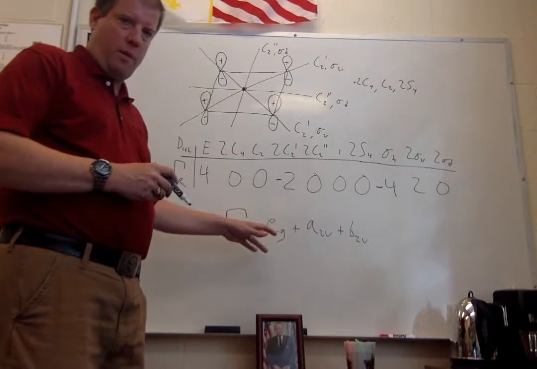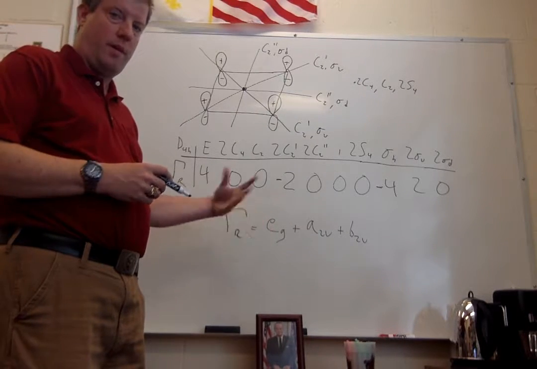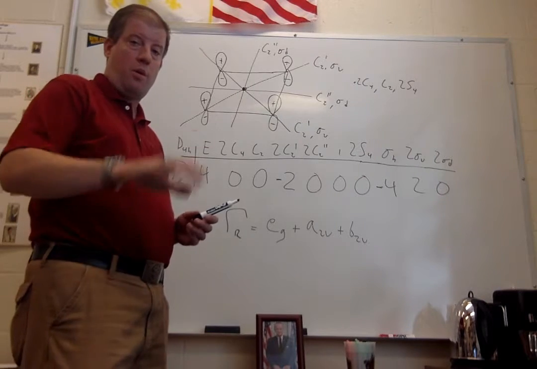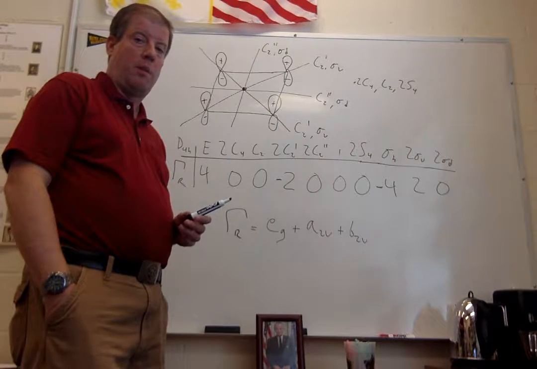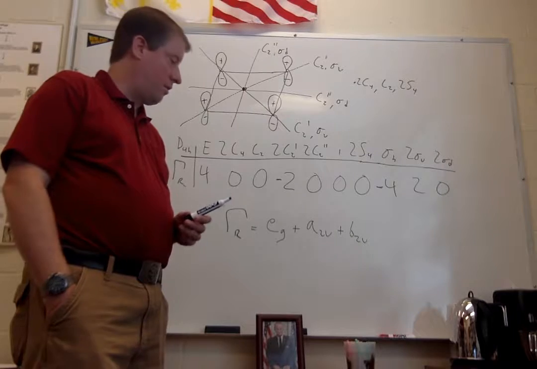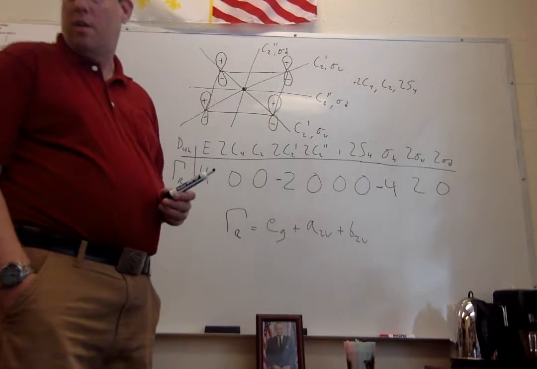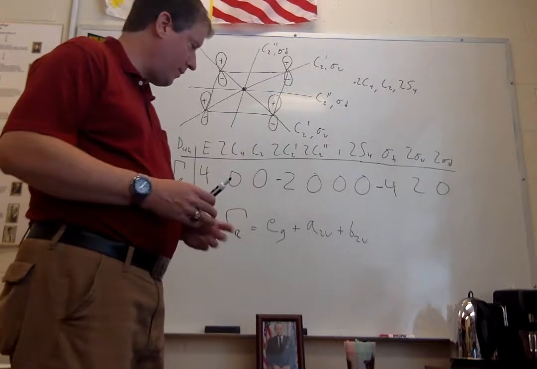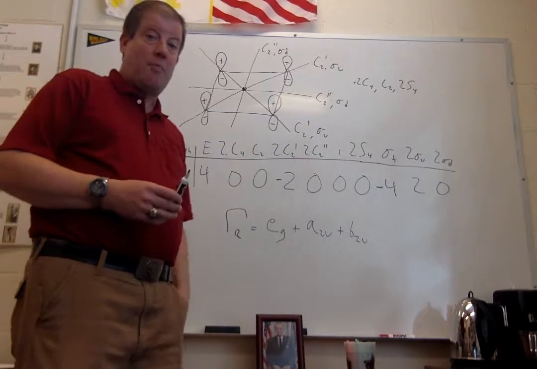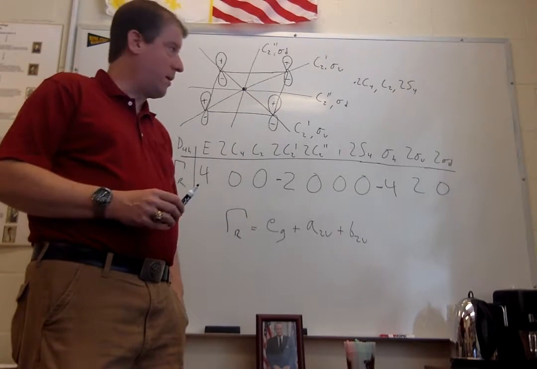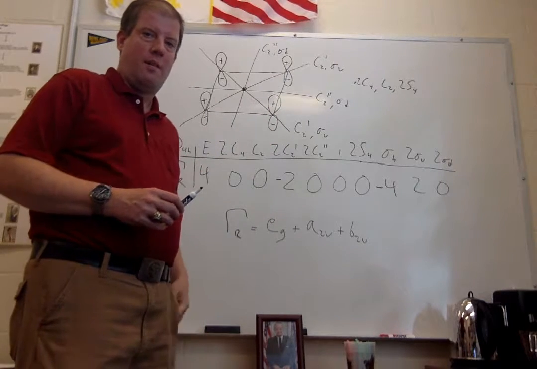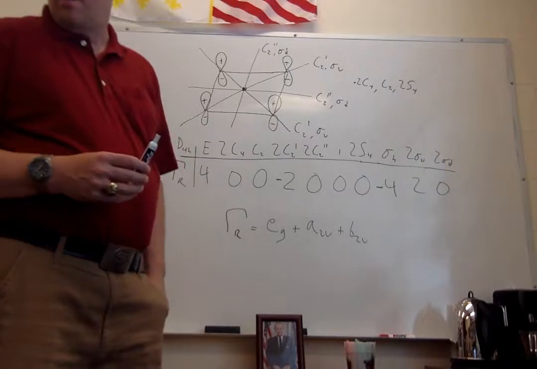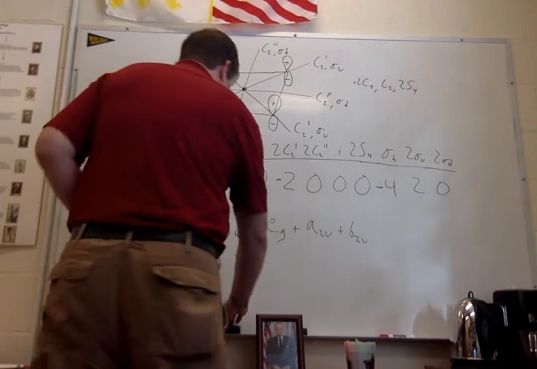Notice one thing here that we don't see, that we did see when we used s orbitals in ring cells. There is no completely symmetric representation. There's no A1g there, no Ag there. P orbitals can never be completely symmetric because they have a node there and they change sign. So once we've reduced that,